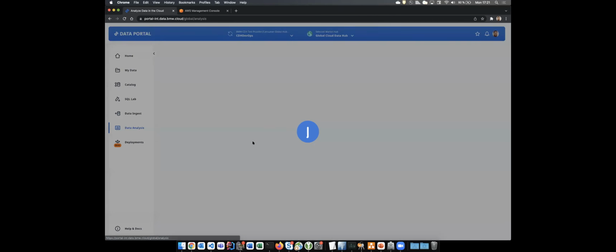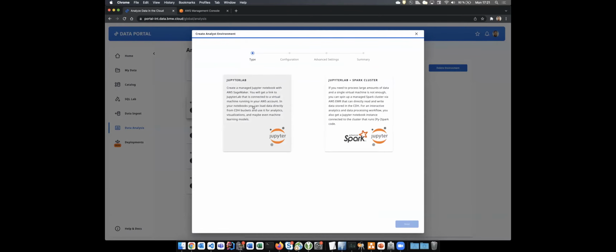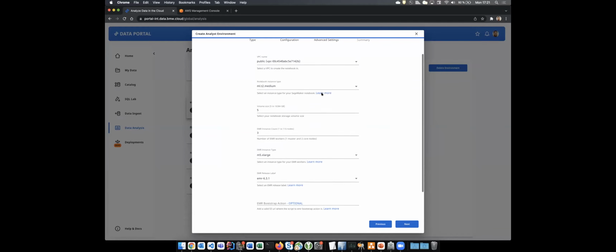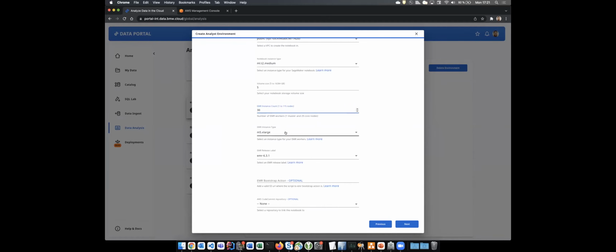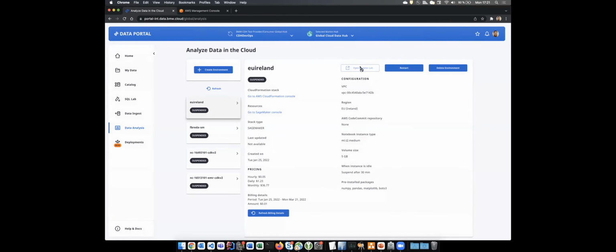And something similar we have for the data analysis side, where we enable you to create those data analysis stacks. And here you can configure your environment. Either you can spin up a single SageMaker notebook, or you can spin up SageMaker plus an EMR cluster. And here you have very, very easy means to configure what kind of cluster you want to have. So, I don't know, I want 30 instances of instance type M5 X large, and then everything gets set up in bootstrap for you. And when it's running through, you just have this Open Jupyter Lab button, and then you're ready to go, and you don't even need to go to the EMR console.